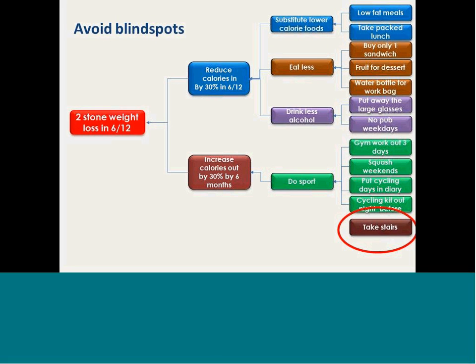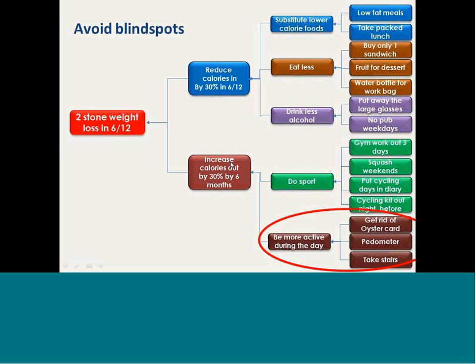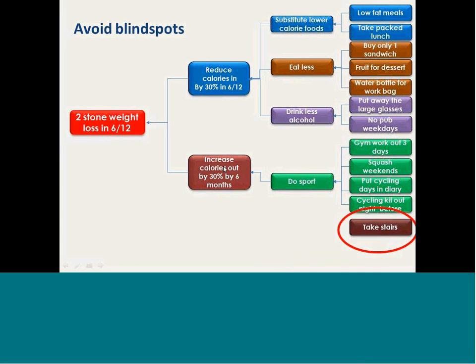So let's use an example. Imagine that we're doing our driver diagram again for weight loss. We hypothesize that the changes over on the right-hand side are going to drive us over towards the left, towards our aim. To get this breakdown, calories in or calories out, we've got to change. Going forward, what we find is that when we categorise the different options